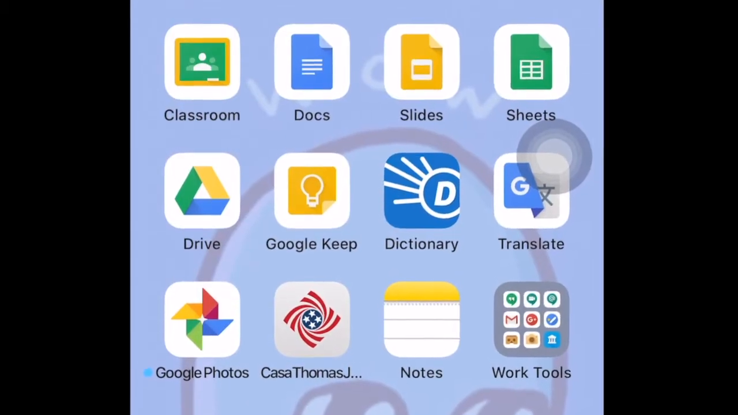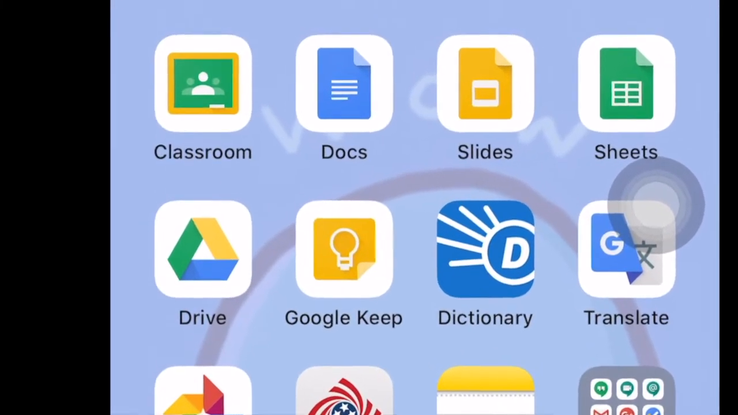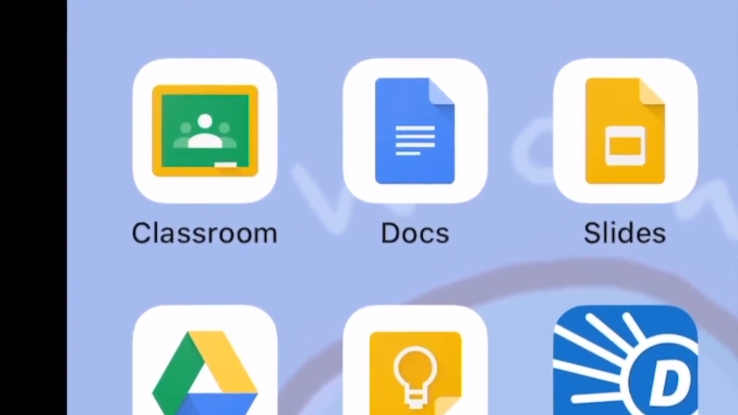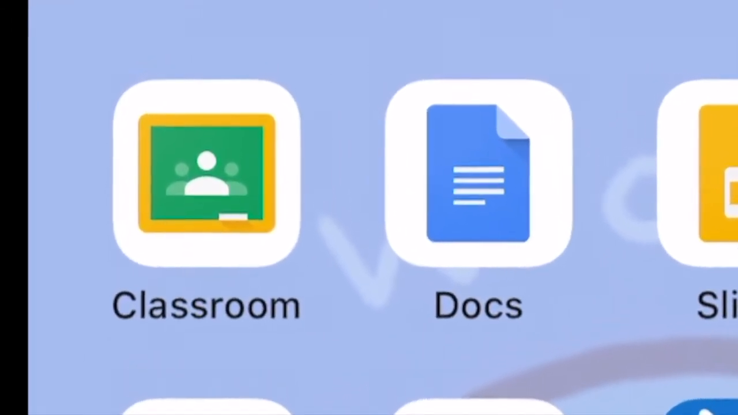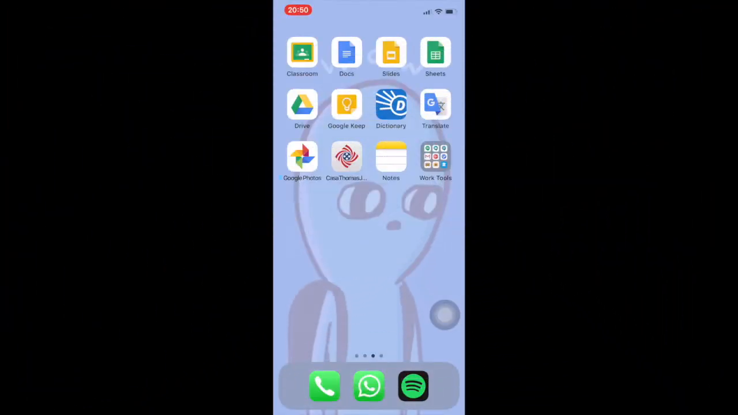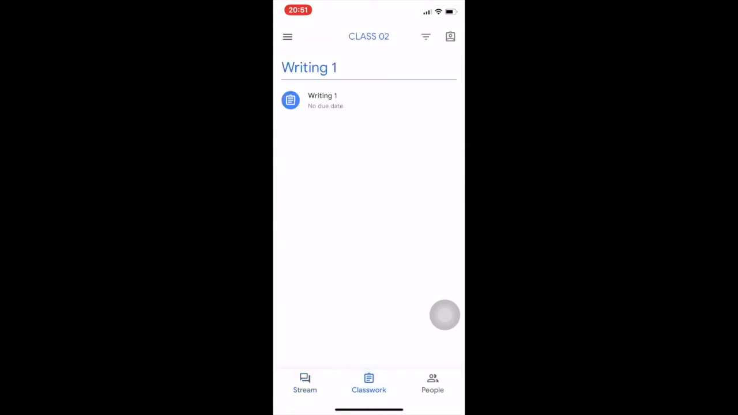So first things first, before you start writing, you need to make sure that you have both Google Classroom and the Google Docs app. So if you don't, make sure you go to the App Store on your cell phone and download them. After that, you can go ahead and open your Google Classroom and find your writing assignment topic that your teacher posted. Use the classwork icon on the bottom part of the screen in the middle to find